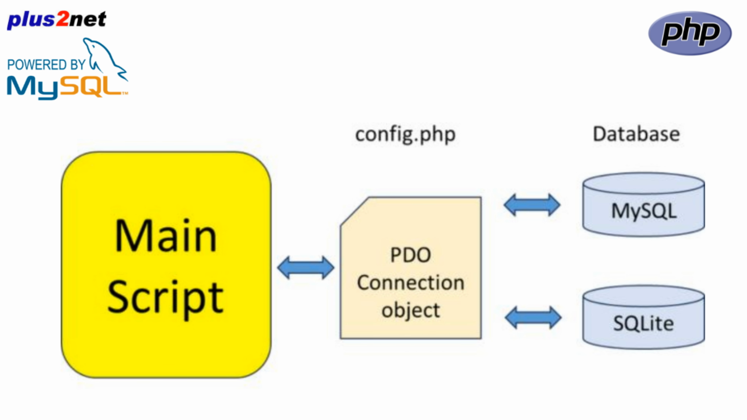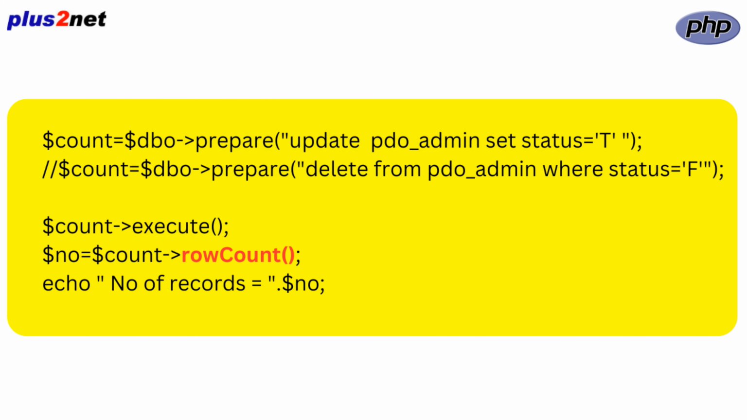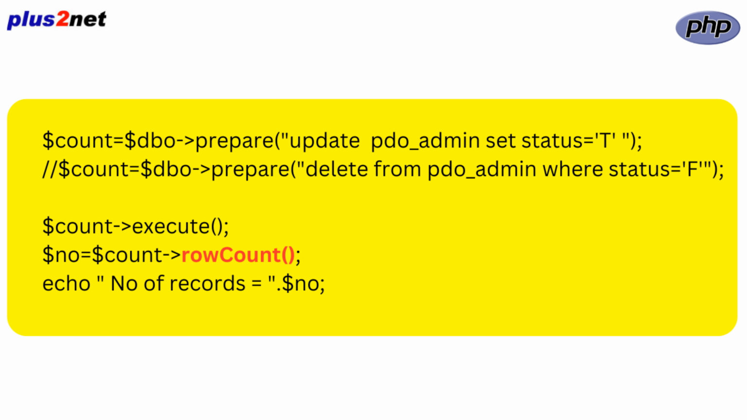So imagine you are building an app and you've just run a chunk of code to update a bunch of entries. Like, say, giving everyone who subscribed to your newsletter a cool new badge. Now, you don't want to just assume it worked, right? You need to know for sure. And that's where this rowCount function comes in. It tells you exactly how many rows were impacted by your last SQL statement, whether it was an insert, update,